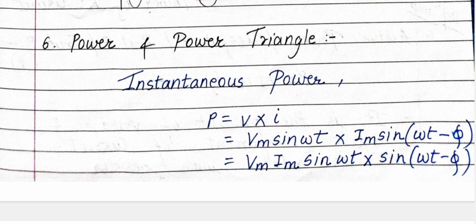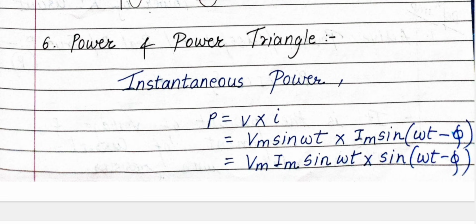First of all, what is the basic formula for power? It is V into I. What is V? Vm sin omega t. And what is I? Im sin(omega t minus phi). We took minus pi by 2 in the AC circuit due to pure inductance. Here you have to replace that pi by 2, as it is also the phase angle. Here we are taking the general concept, so we will write minus phi.